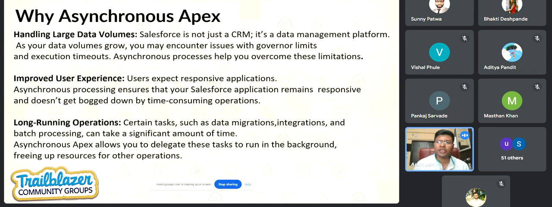If the application takes more than a second or 2 seconds, we get irritated. Users would use your application only if it gives the response very quickly. If the response is bad, people won't adopt that system. So for some of those use cases, we have to go with asynchronous Apex.